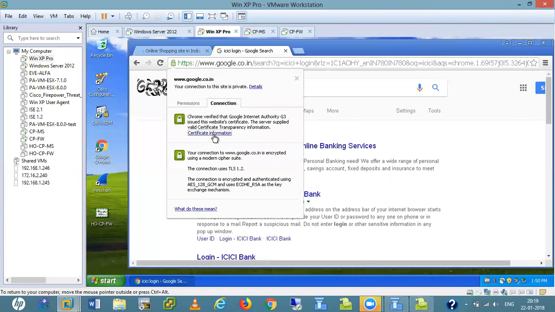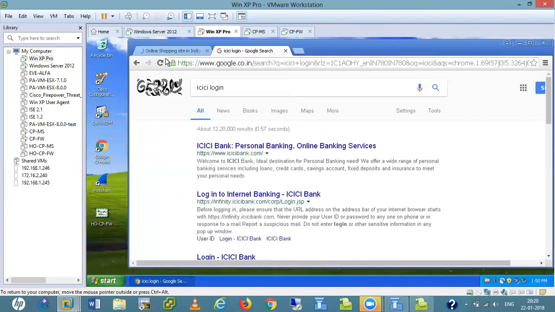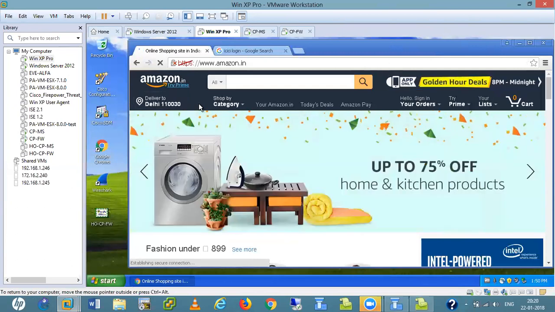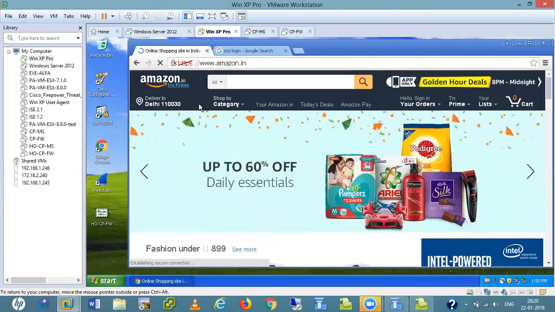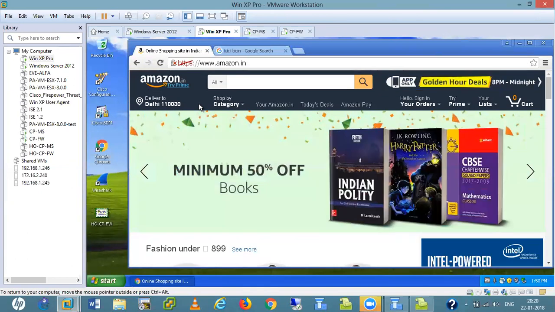In the browser we get that. For example, I opened one company, and the company name is X. I have hired some employees, suppose 20 employees, and they are accessing the internet and everything. Suppose I also want to monitor my internal security, everything. If I enable this SSL certificate, everything...